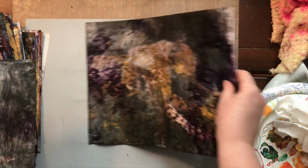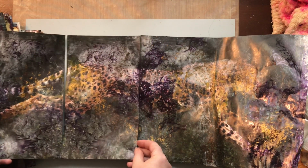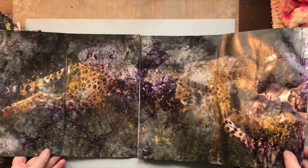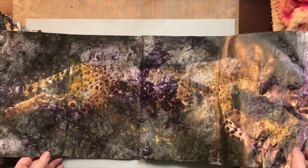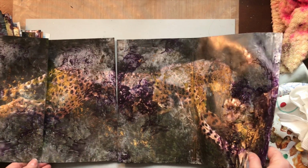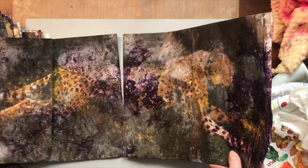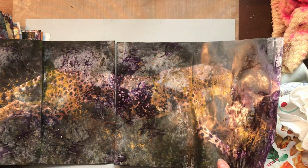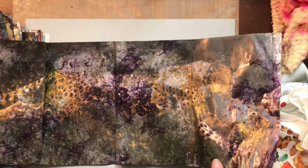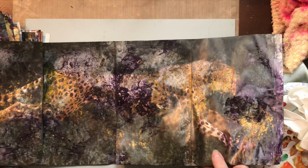See, I could put it all together if I wanted. See the whole thing there? And I could probably paint out a jaguar on top of that. Nobody would know if I made it stylized enough. My own touch. And then I could glue it onto a canvas that's that size. Anyway,